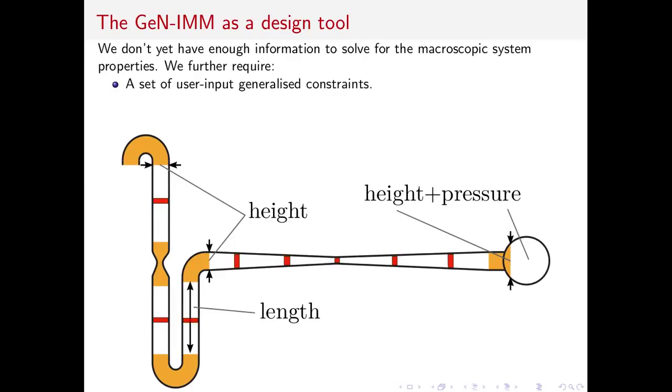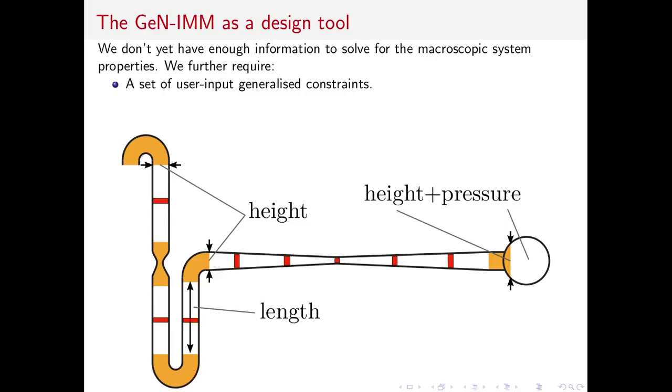Firstly, we require a set of user input generalized constraints. Now usually, if we're going to use the GenIMM as a simulation tool, then these constraints would be the geometry of the network, that is the height of the network at each boundary and the length of all the channel components, and we'd also require the pressures at the external boundaries, which are the global inlets and outlets of the network. Now if these are the generalized constraints, or the boundary conditions as we'd call them, then the output of the hybrid method is the mass flow rate through the network and the value of pressure at all the internal